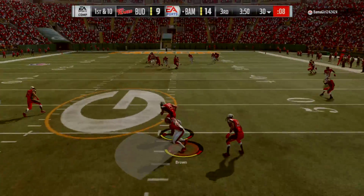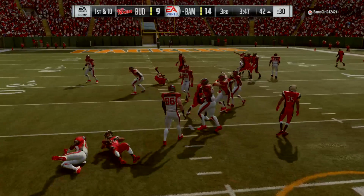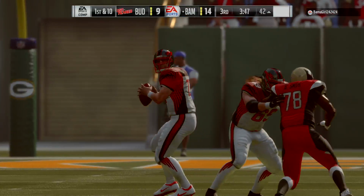Oh, now Marino here throwing another interception. It's the former Seahawk, Earl Thomas. And the return this time will go